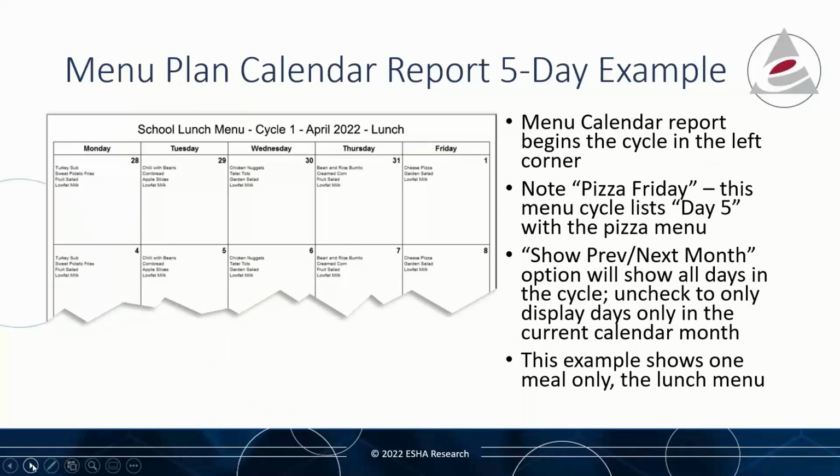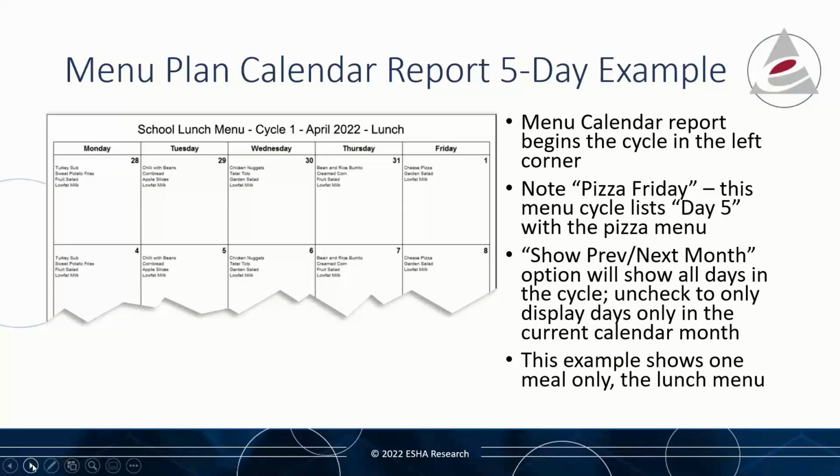And here's an example of the menu plan report, the calendar report. It begins on the left corner, day that you can see there. And this example shows the show previous and next month option selected so you can see the ending days of March and then where April begins. The note here on Pizza Day, we have Pizza Day Friday, and so in this example with this